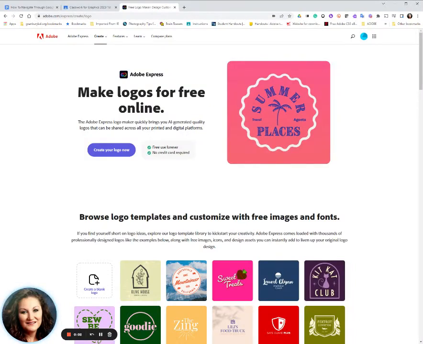Hey guys, today we are going to learn how to use Adobe Express's new logo creator. It's in the trial stages right now, but it is super cool, easy to use, and can make some pretty quick and easy logos. So what we want to do is go to